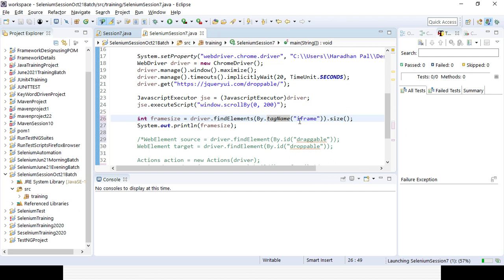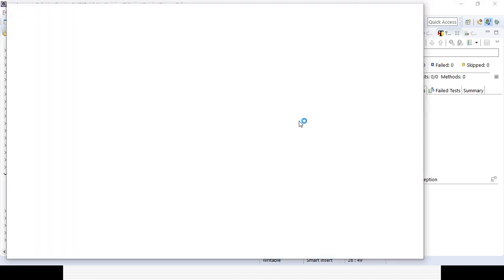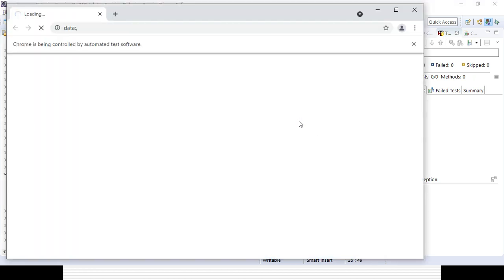I'll show you once more, so no need to worry, because you'll get everything from the page. You don't even need to remember everything. Some lines of code you definitely need to remember, like how to handle the frame. Apart from that, you can get the tag name easily. Anything starting with input is an input tag, like the anchor tag, src tag, image tag. Similarly, iframe is also a tag. With the help of the tag name, I am identifying how many elements are available in the page with that similar tag name. Because if I want to get the number, it will definitely be the findElements method, not findElement.